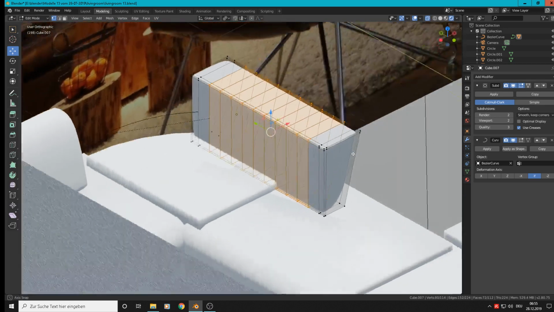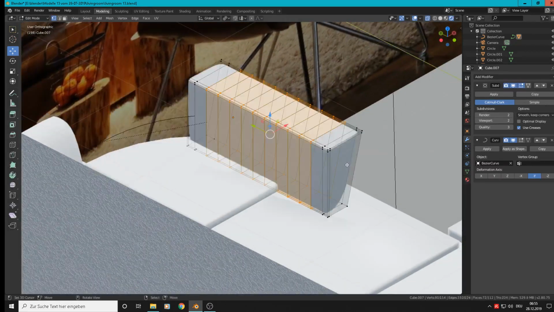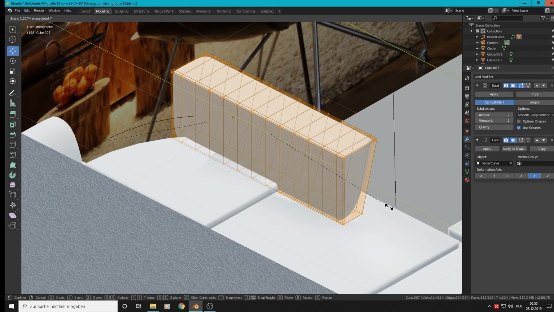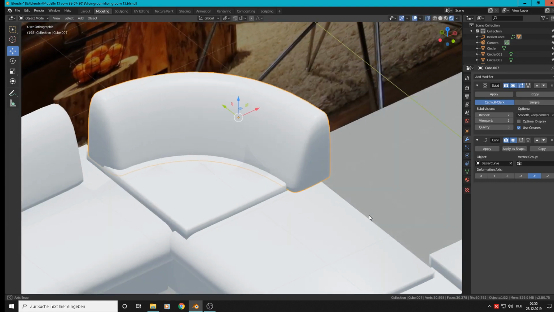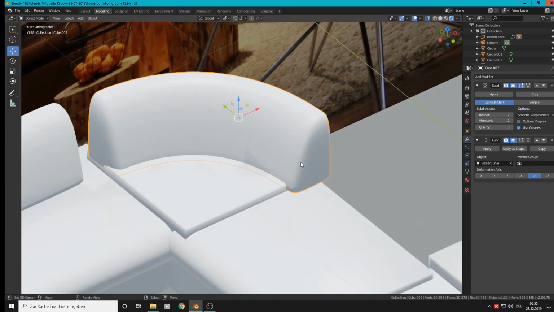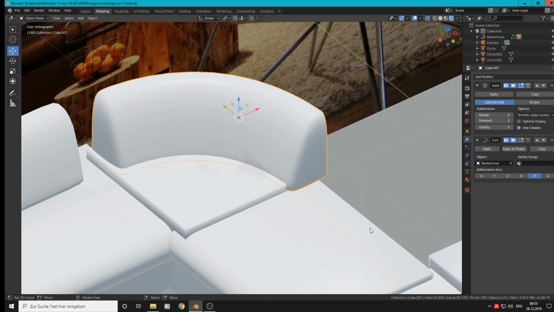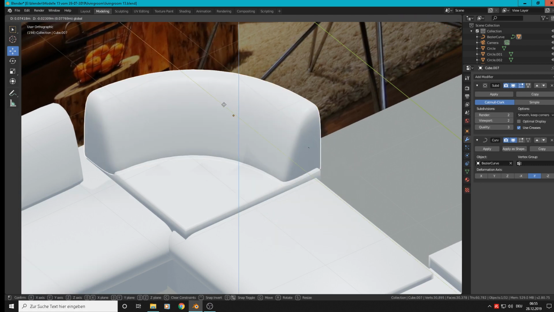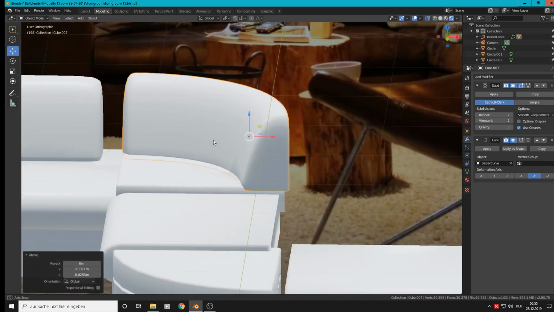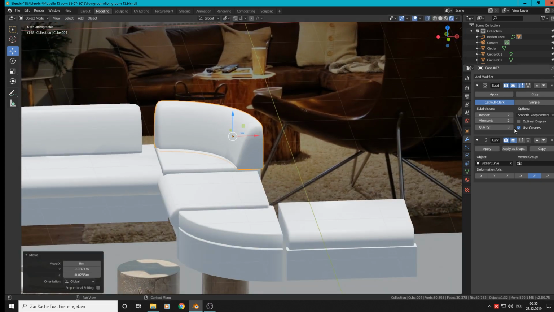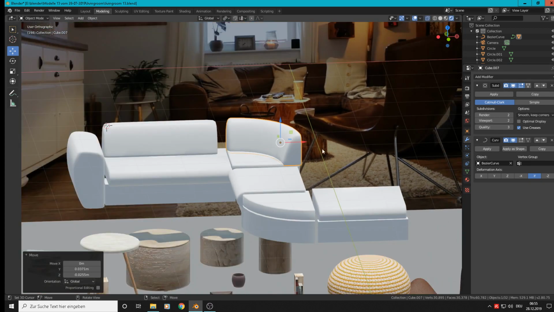So we must scale that in the whole, scale Y, and that is longer, a little bit too long, so scale Y again a little, and I think that works. So we make a secure copy, Shift D,